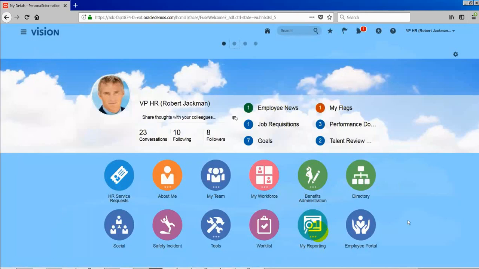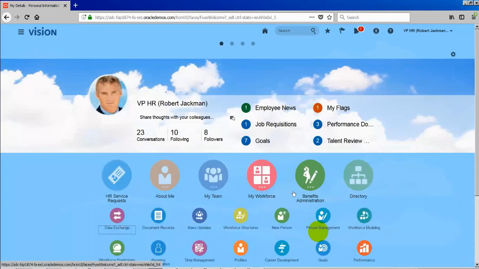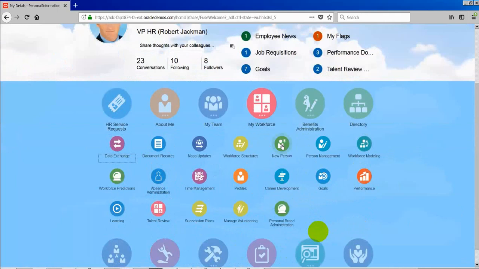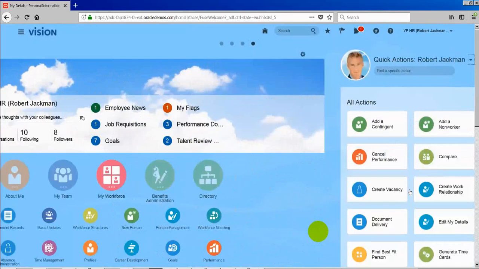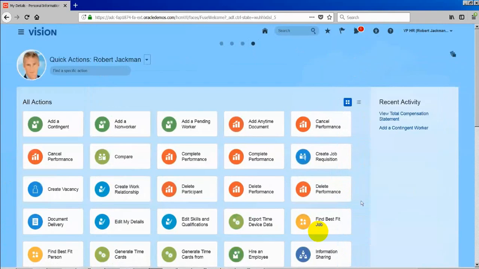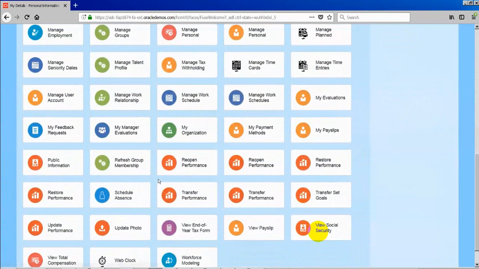You should know you have to go to My Workforce and then to new person. So Oracle has given a provision: if you go to quick actions, whatever actions are available, they are all shown here. Whatever actions this person can do, all those actions are available here.